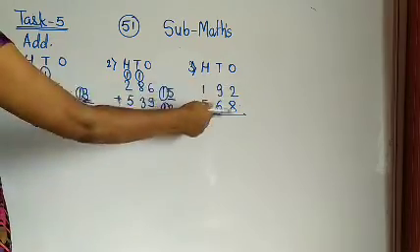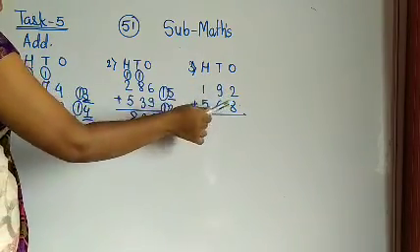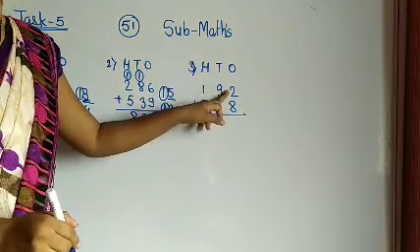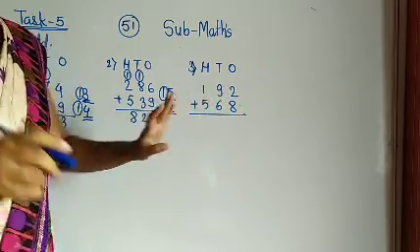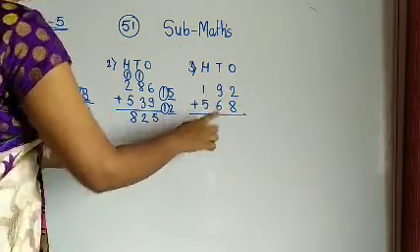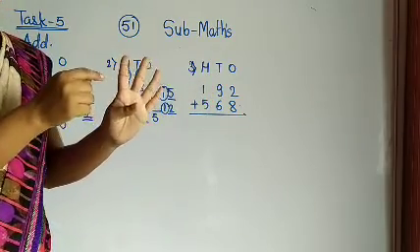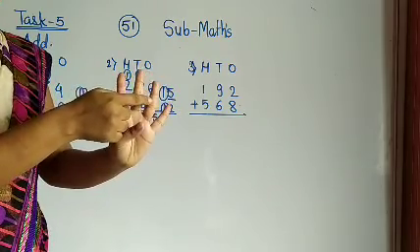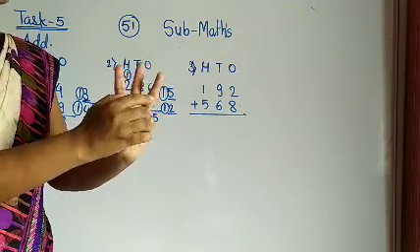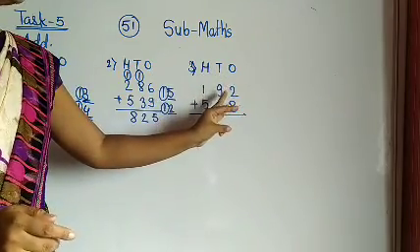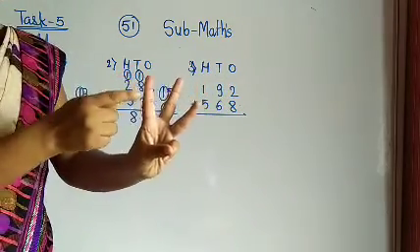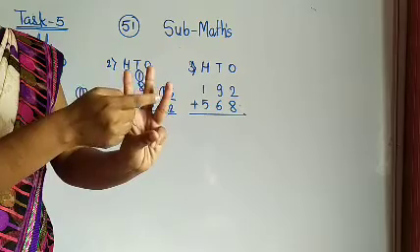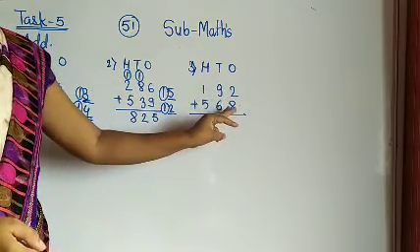Next one. Now, start from the ones place. So 2 plus 8. Students, see here. If we add 2 plus 8 or 8 plus 2, both are the same. Suppose in 2 we add 8. How many 8 are there? 1, 2, 3, 4, 5, 6, 7 and 8. So up to here we have to count 8. After 2 we count 8 numbers: 2, 3, 4, 5, 6, 7, 8, 9, 10. So 2 plus 8 is 10.